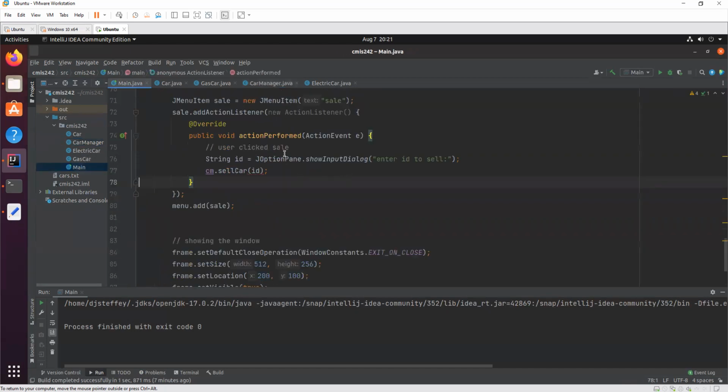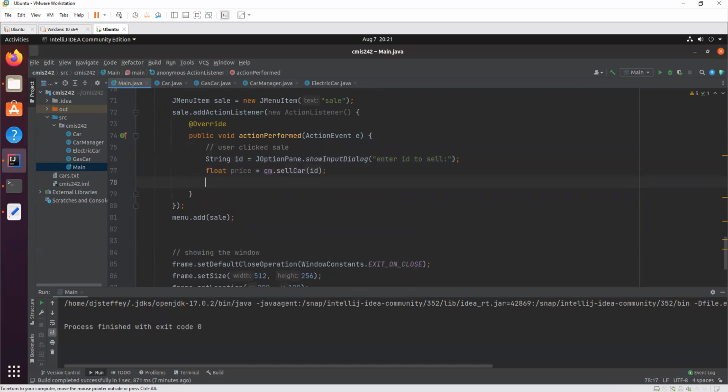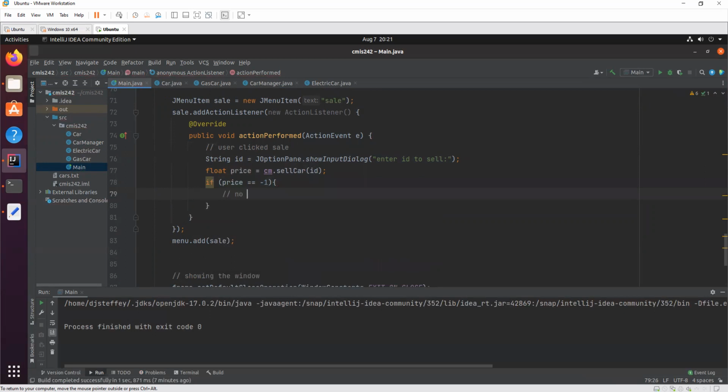So let's go back here to our main and let's do it. So let's get the ID from the user. We're going to sell the car. And the price is whatever it returns, right? But if the price is equal to -1, no such car.